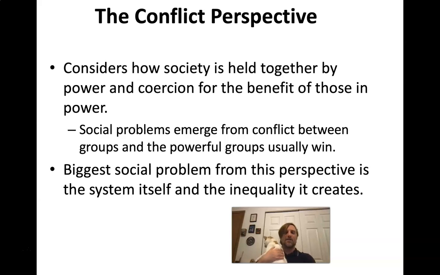Okay, so another perspective that sociologists often use is called the conflict perspective. This considers basically,